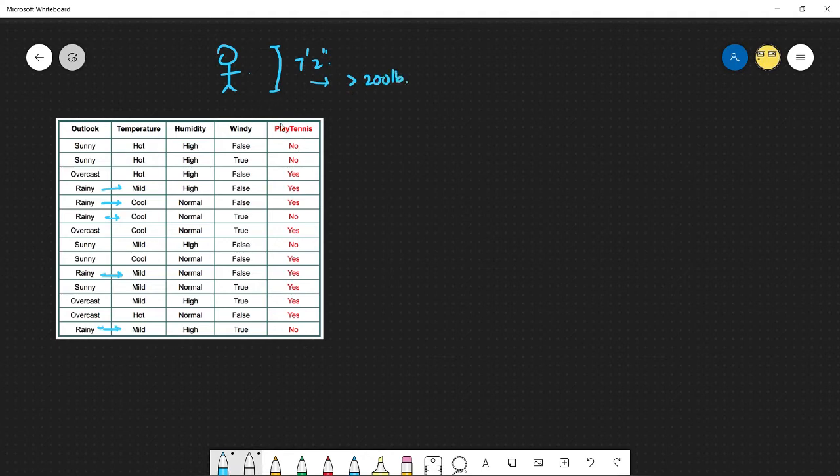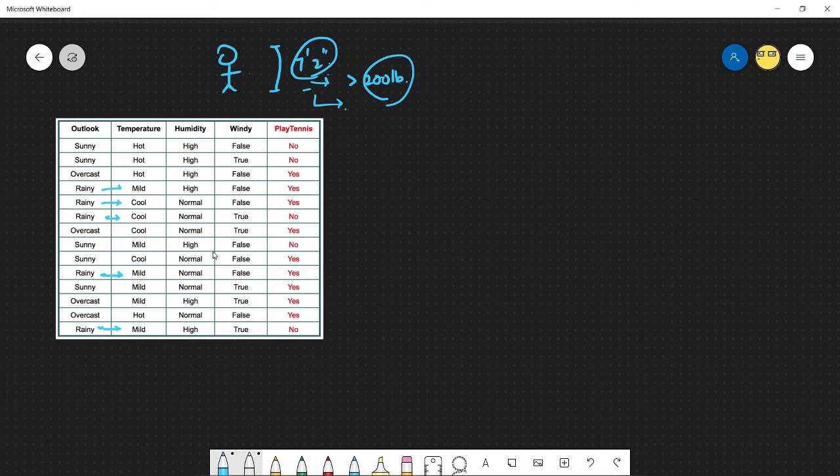And I'll note that these two, weight and height, are not independent variables. So maybe prior knowledge of one variable does impact our belief, or a change of belief basically, about the other variable here. So in that case, if that is going to be the case that we want to check the